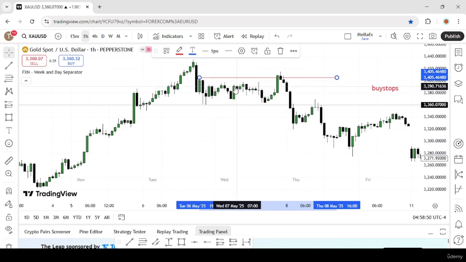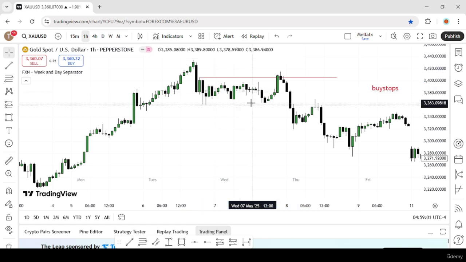When you see consolidation happening, know that there's a building up of orders. So in this scenario the buy stops are being built up above the market price,